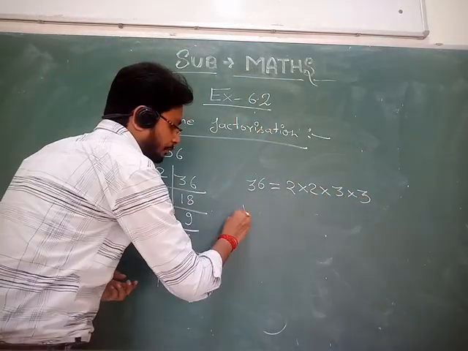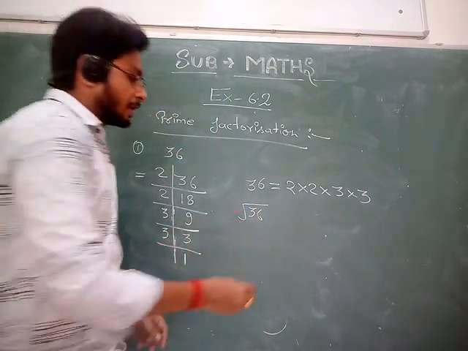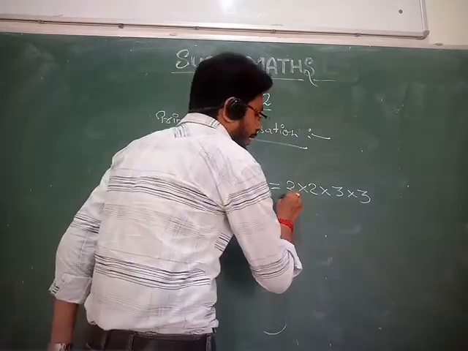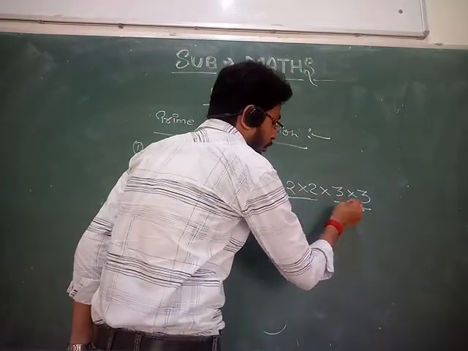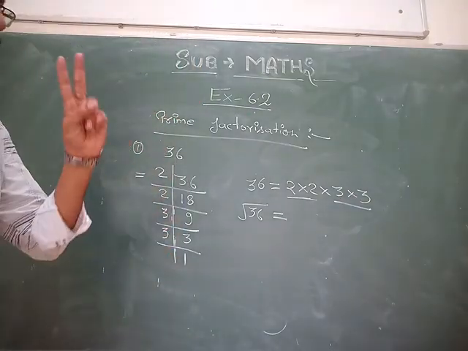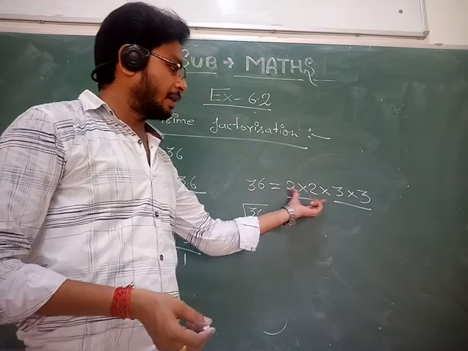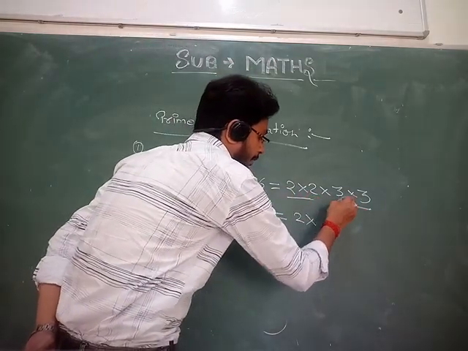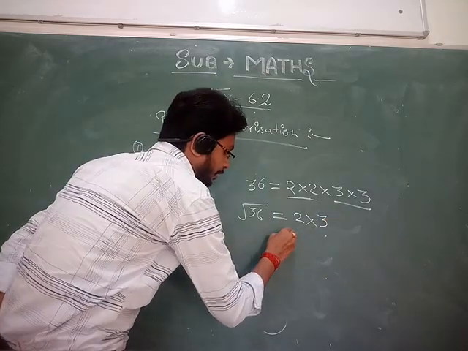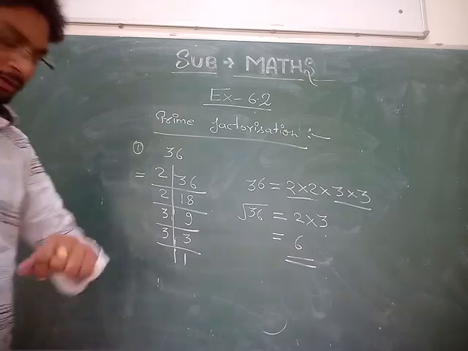Now you have to find the square root of 36, that is the symbol of root. Okay, you will make a pair. आप यहाँ पे पेयर बनाएंगे. आप देख रहे हैं यहाँ पे 2 का एक पेयर है और 3 का एक पेयर है. पेयर मीन्स 2 नंबर्स का एक जोड़ा. ओके, सो 2 का पेयर एंड 3 का पेयर. इस पेयर में से 2 मिलेगा एंड अगेन 3 वाले पेयर में से 1 भी लिखेंगे. You will get 2 into 3, that is 6. That is the answer. Okay.